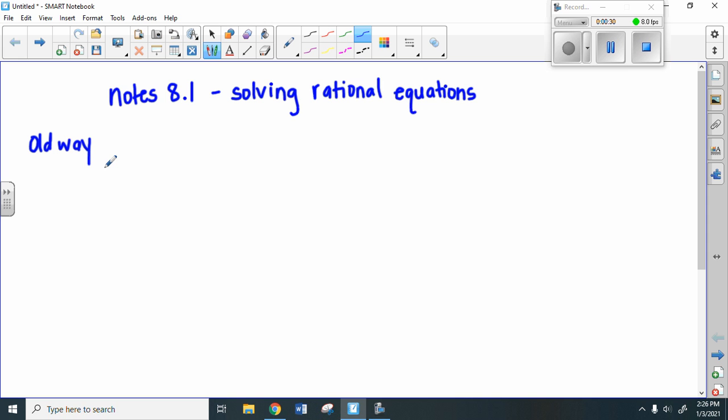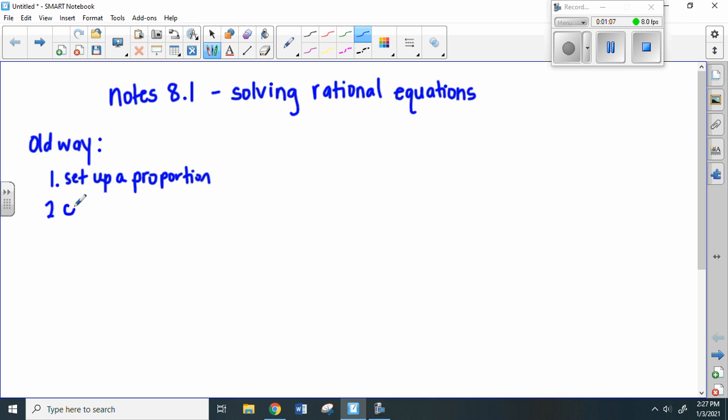So remember, a rational expression is basically a fraction. So if we have a rational equation, we have a fraction equals a fraction. Well, the old way of solving a problem like that is to basically set up a proportion, which it'll already be set up as a proportion. So set up a proportion, and that just means have a fraction equal to a fraction. It does have to be a single fraction equal to a single fraction. So set up a proportion